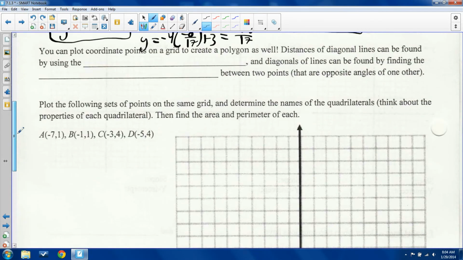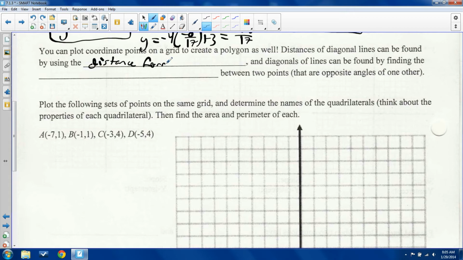Okay, and finally, you can plot coordinate points on a grid to create a polygon as well. So if you get points and you connect the dots, you'll get some sort of polygon. We're working with quadrilaterals right now, so we'll check out and see what kinds of quadrilaterals we get when we do this. Distances of diagonal lines can be found by using the distance formula, which I kind of went over